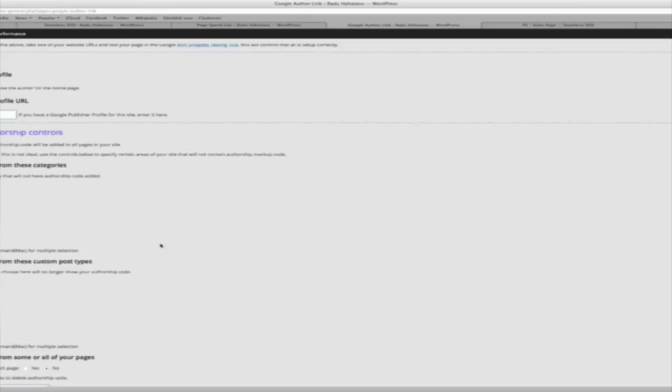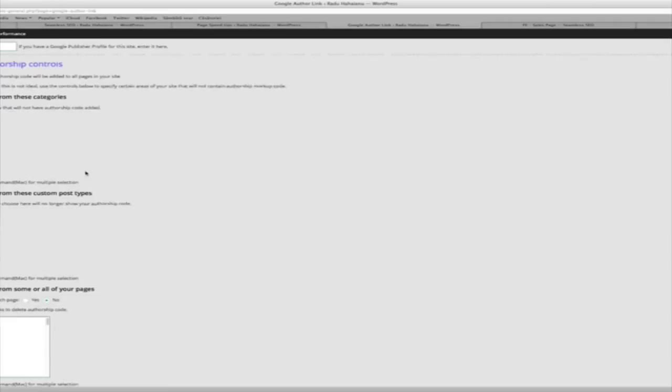Okay. So if you were to set up Google authorship on your own, you'd need to put some code in the header of every page. It's stuff that most people don't want to mess with. They don't want to go in and edit the code of the WordPress theme or whatever else. So we've added that into Seamless SEO, and they can do it with just pasting their Google Plus profile. Cool. Okay, so that's another thing that's just easier to do with the software